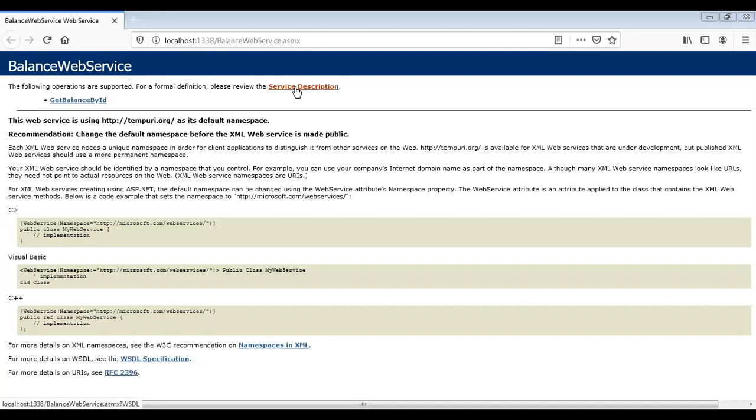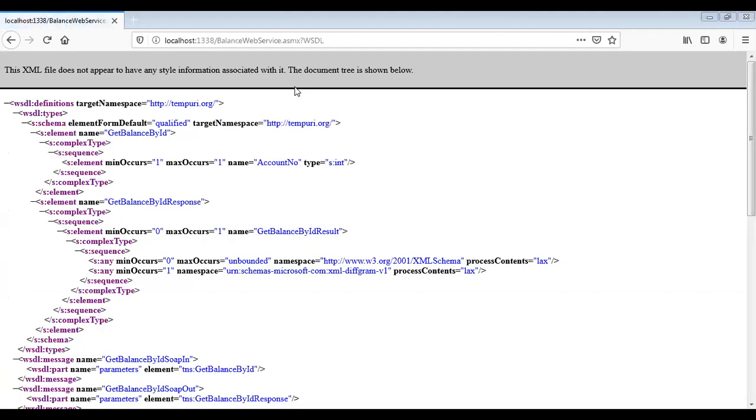In the registry, you just click on this service description. It will show you the WSDL file. Generally, the WSDL file is written in XML. Let us see. This is the WSDL file generated by Visual Studio when we execute the web service.